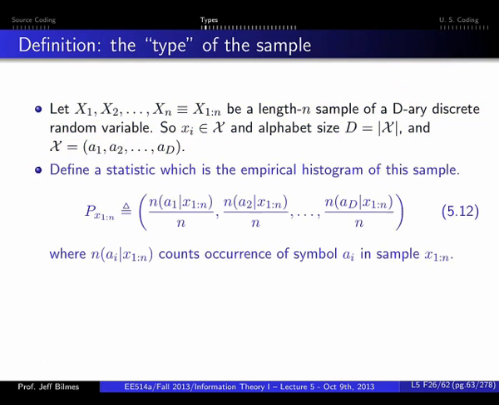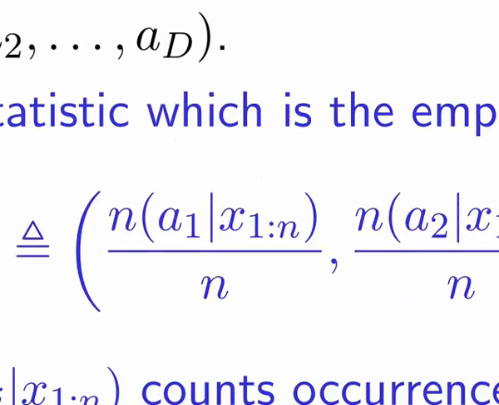Okay. Here's a statistic, which is called the empirical histogram of the sample. Actually, another notational change. Here I'm using lowercase n. This represents the number of times this symbol has occurred in this string. So obviously the biggest is going to be n. Before I was using uppercase N, and now I'm using lowercase n. But the point is, how many times has A1 occurred in the string? How many times has A2 occurred in the string? And so on and so forth, all the way up to how many times has AD occurred in the string. When you sum up all of those counts, it has to equal n, because